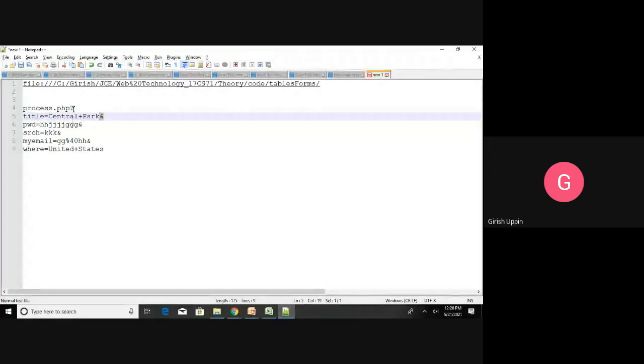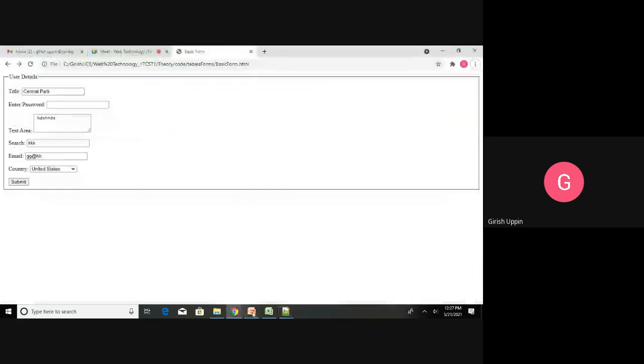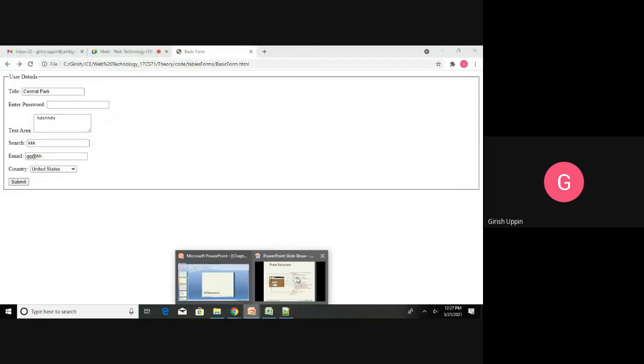It will start from after the question mark. It will be separated by ampersand. All the values will be sent as one string, that is called a query string. This is how it will pass the information to the server, and this is how it is done in a GET method. So this particular method is a GET method.